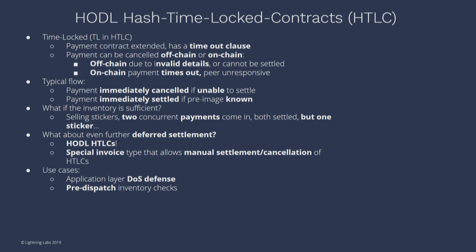Let's say one is application layer DoS defense. Let's say you have something like a web server reverse proxy. Every single request you send to it, you need a HODL HTLC alongside, right? Let's say you put up a bond of 1,000 satoshis for every single request, and then let's say maybe your request is nefarious or whatever else. This adds a tax or cost to actually go and serve. We're going to talk about the pre-dispatch thing.